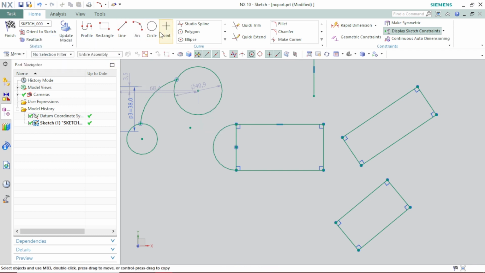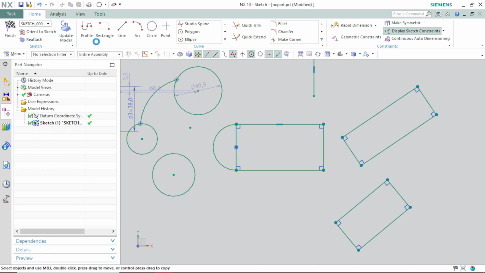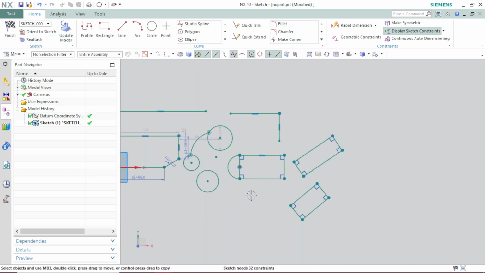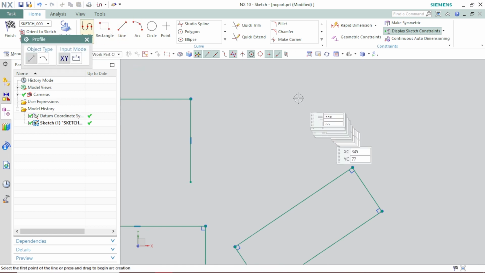So after that there is a circle. In circle there are two methods. First one is the basic one with the center and radius, and the second one is by 3 point. Now where the 3 point will be used, for example, when you have a drawing like this, let's draw one triangle